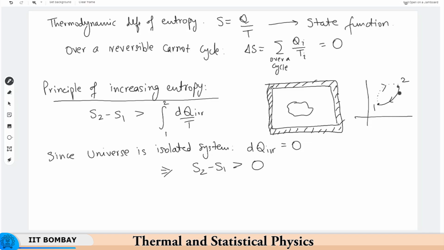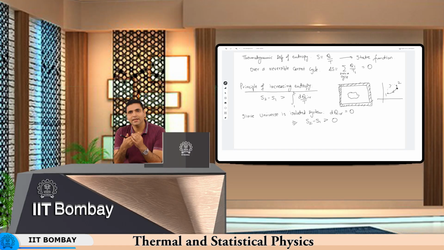If anything that goes on inside the universe is irreversible, for example coffee and milk, if I add coffee into the milk, they mix and form a very homogeneous state, and that process is irreversible because we never see coffee and milk separating, right. And in that case the entropy always increases. Okay. So whenever we have any irreversible process, the entropy has to increase. And more generally we can say that S2 minus S1 is greater than or equal to 0, and equal to 0 is for the cases which are reversible, like we saw in a Carnot cycle, right.